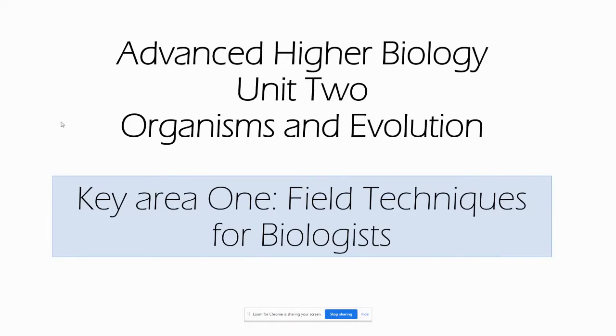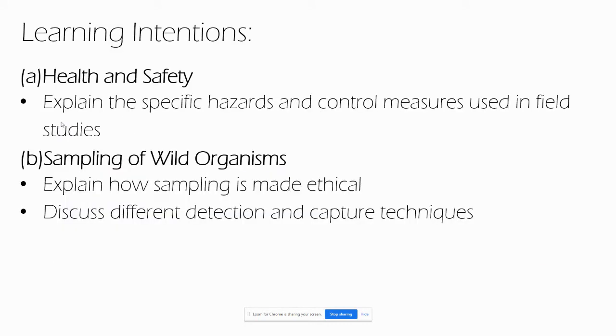This video covers Advanced Higher Biology, Unit 2, Organisms and Evolution. Specifically, Key Area 1, Field Techniques for Biologists. Sub-Key Area A, Health and Safety, where we'll discuss the specific hazards and control measures used in field studies. And Subsection B, Sampling of Wild Organisms, where we'll look at ethical sampling and the different methods of detection and